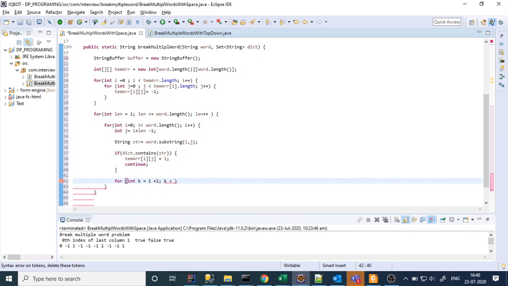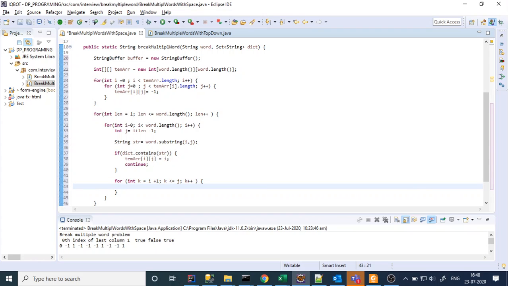So backtracking means whatever solution we find out, with the help of that we are going to backtrack whether the whole word can be split into meaningful words in the dictionary. That is the thing. So how can we judge it?